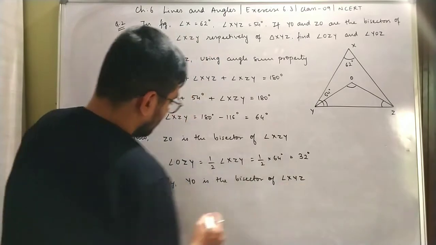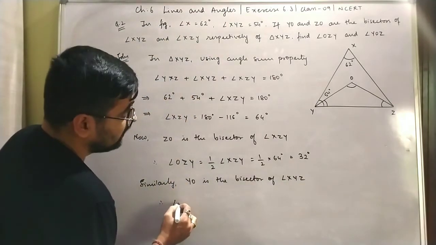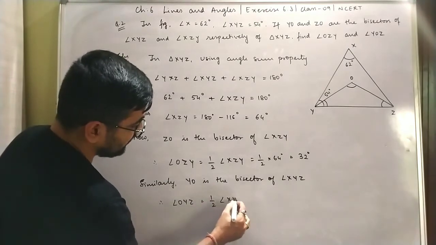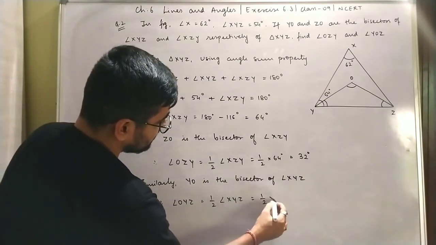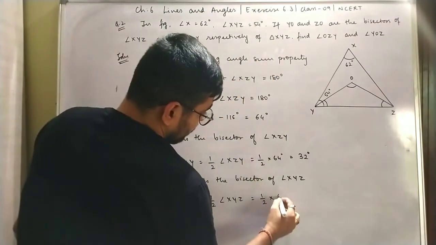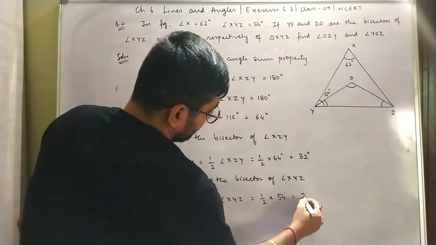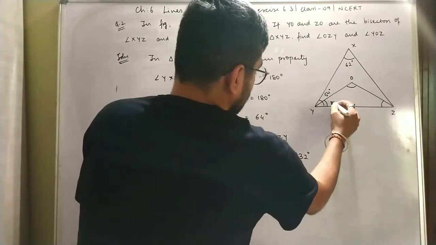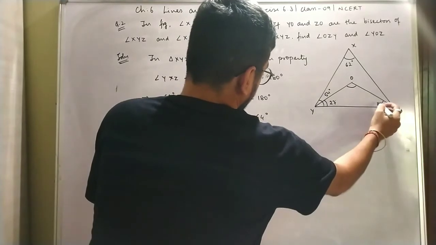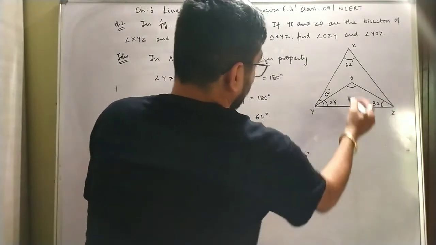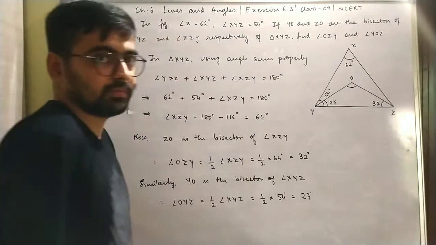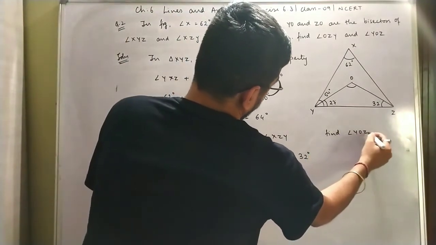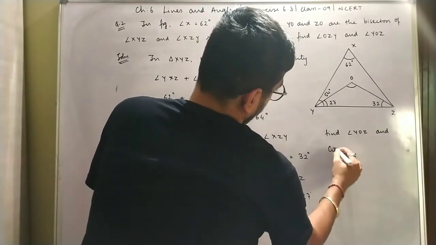XYZ. Correct. Therefore angle OYZ is half of angle XYZ, and that is half of, what is angle XYZ? 54 degrees. So half of 54 will be 27. So I get to know this angle is 27. I get to know this angle is 32. Can we find now angle YOZ? Correct. Find angle YOZ and give your answer